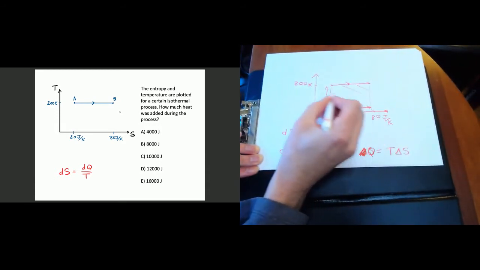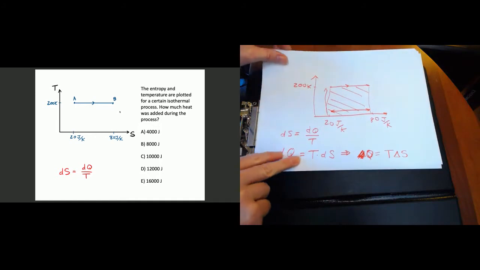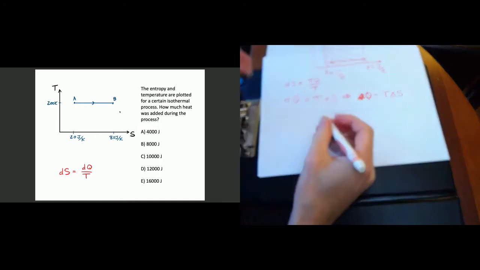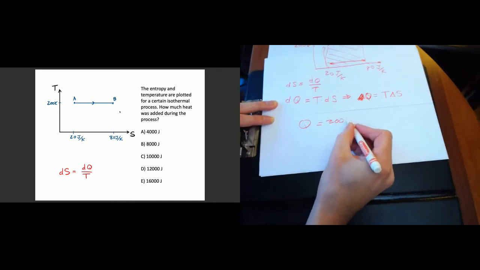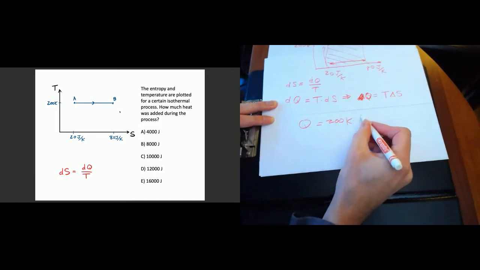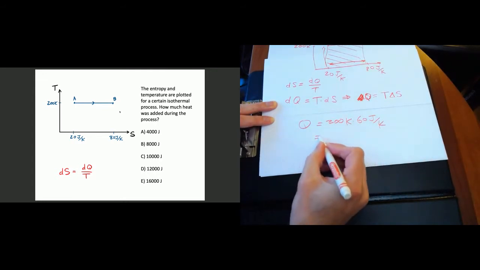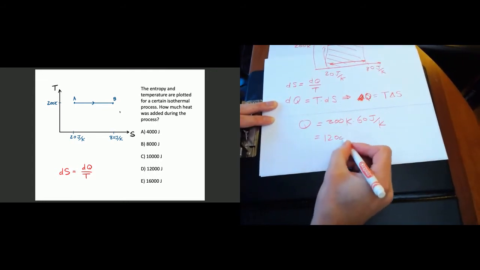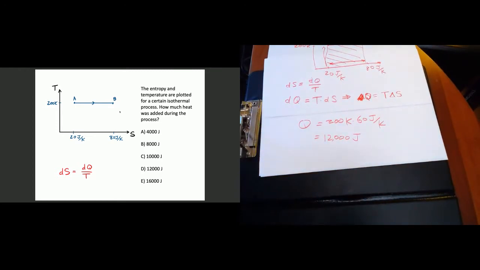So T times delta S is geometrically the area of this rectangle. Working that out, we find that Q for the process is 200 Kelvin times 60 joules per Kelvin, and that works out to 12,000 joules. Okay, so the answer for that one is D,